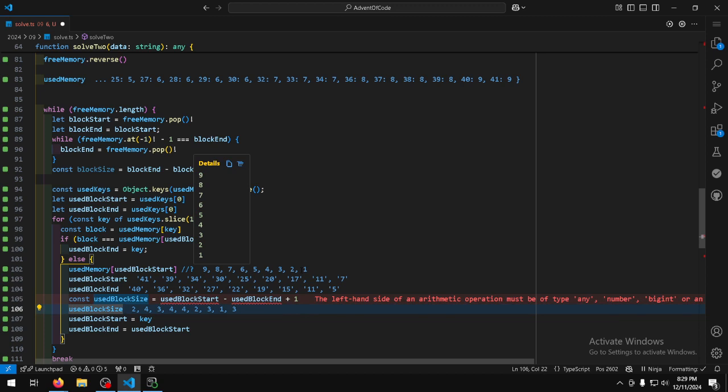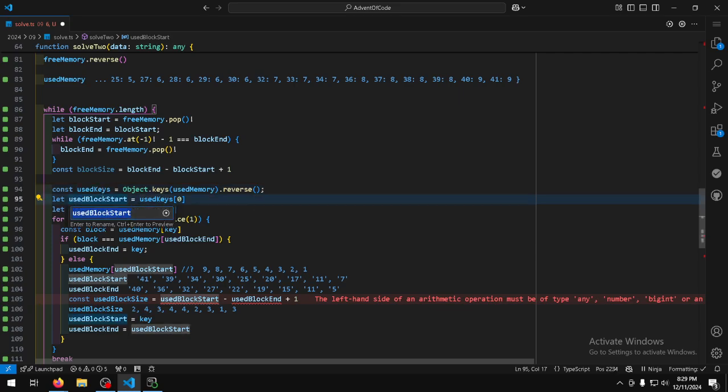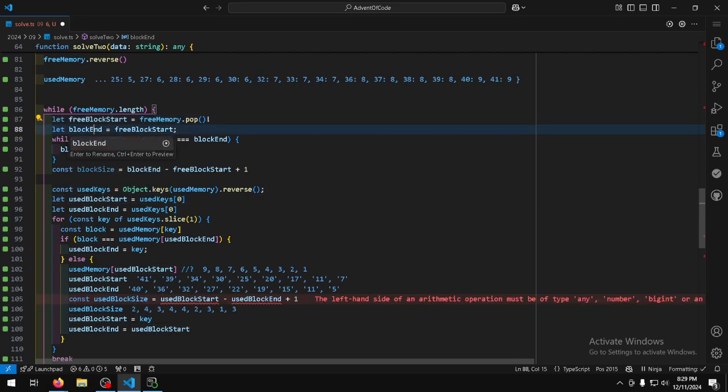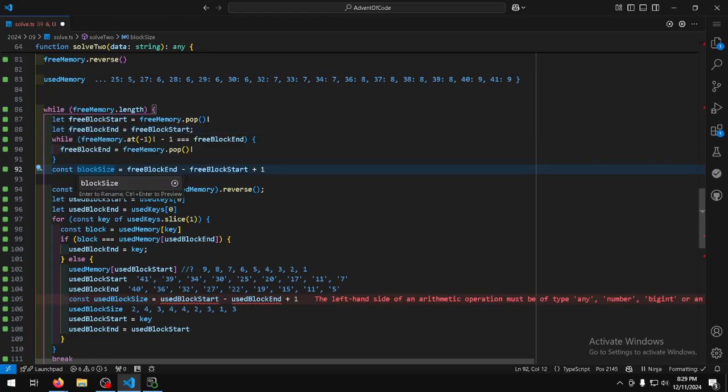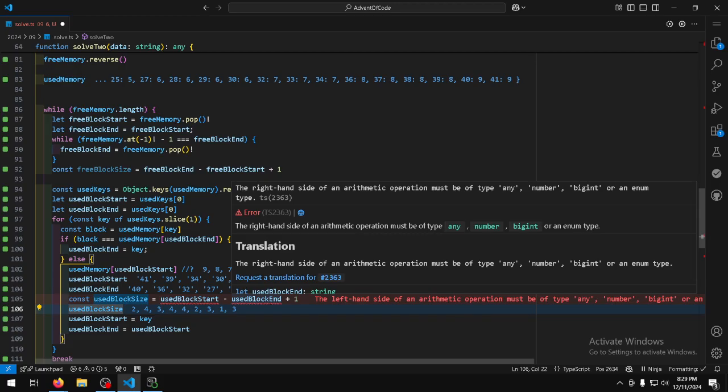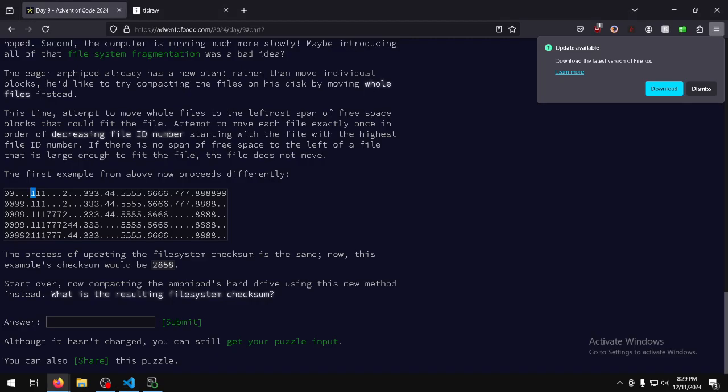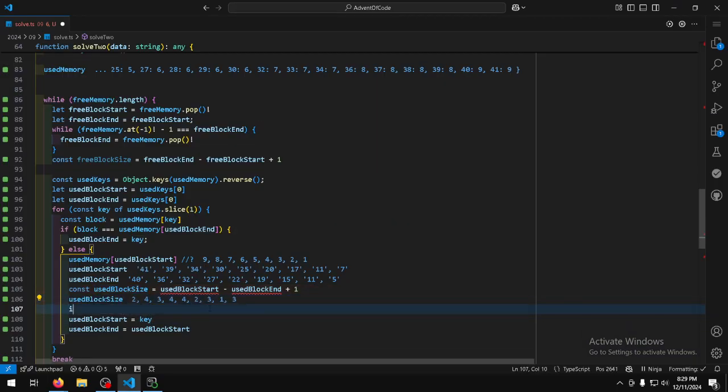Okay, so once we do the thing, before we reset the universe, we see if this is good enough. So if the one I have is something to the one I need, I don't like used. The free block start, I guess. Free block end. This verbiage still doesn't map in my brain, but it's enough. Let's see. Brain is not fully tracking on this one. So if the new size is less than or equal to the size I need, here we go. If used block size less than or equal to the size I need,